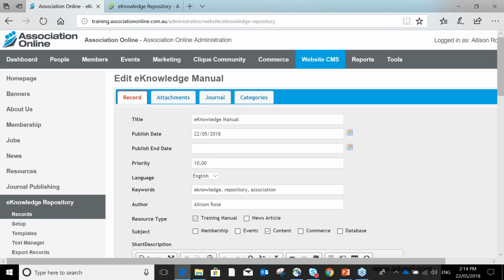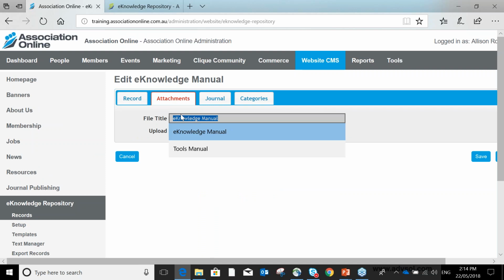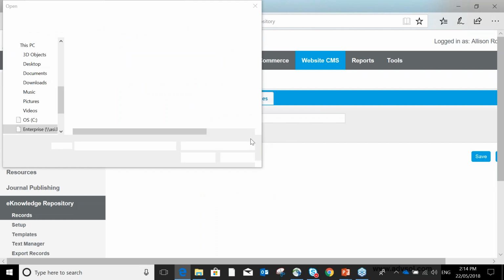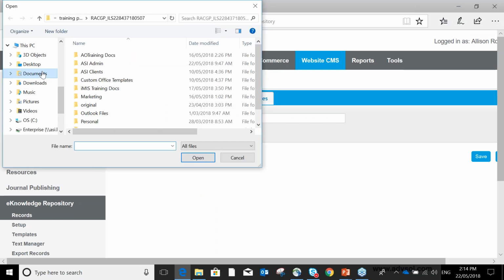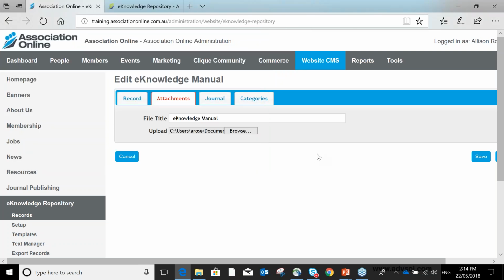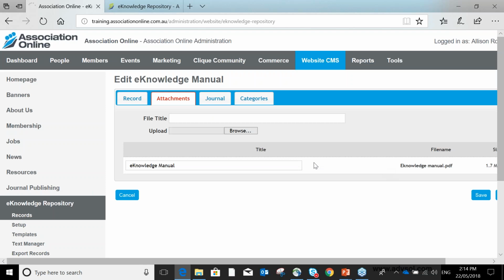So you fill in the fields in the record, add your attachment. So what are we calling this? File title and browse. So just browse from your desktop. So this is the difference with the eKnowledge repository to the website CMS. Just find my eKnowledge manual. Okay, you're browsing and you're uploading documents from your desktop, not from the document manager. The documents from the document manager will not be searchable, so therefore you need to upload it from your